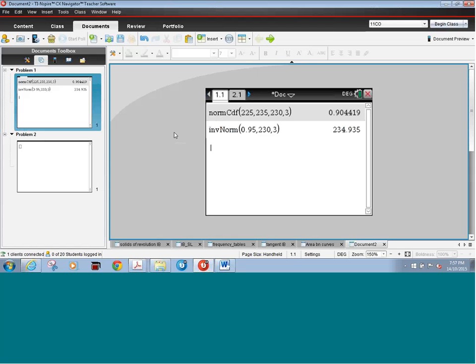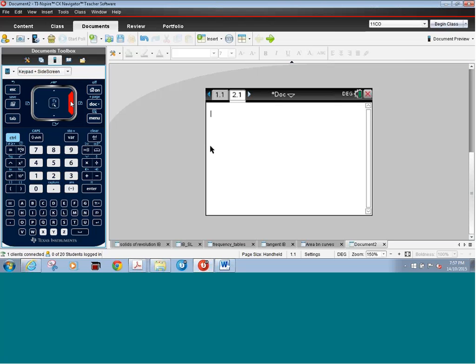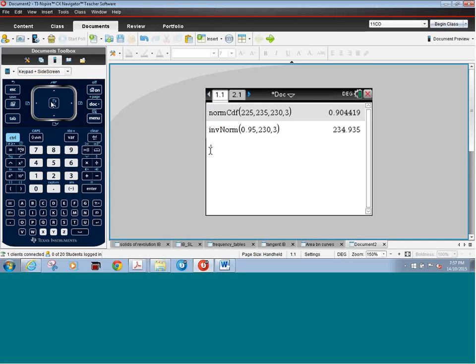Or if you haven't got too many, of course, you can just use control and the right arrow and control and the left arrow. So control and the right arrow will go that way, control and the left arrow will take you back. So you can always go and quickly check. So just looking at this question again that we had,